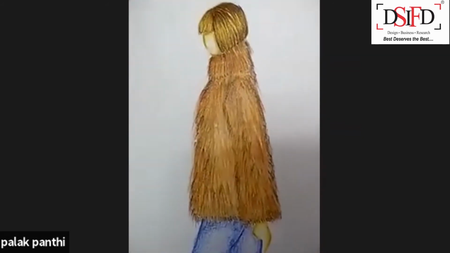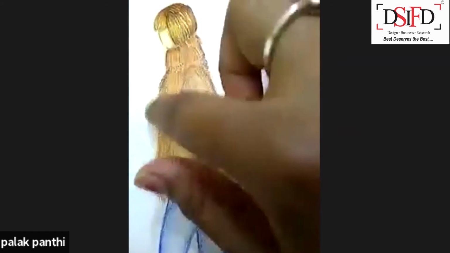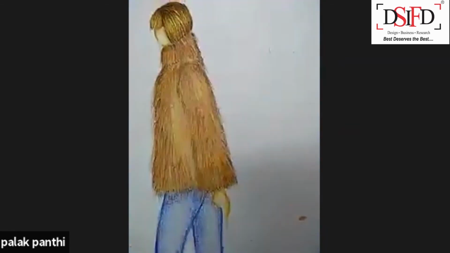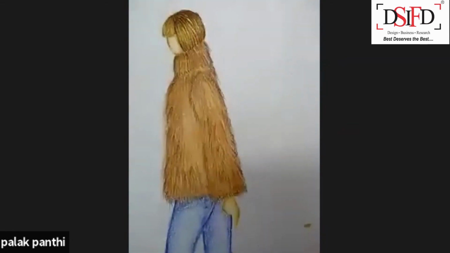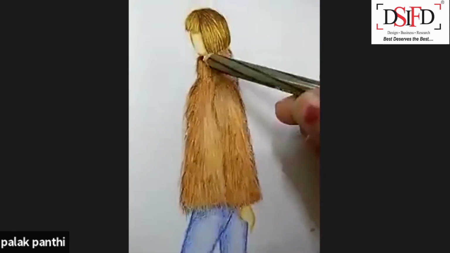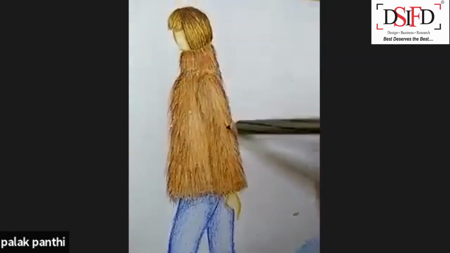Like if you're doing it on a silhouette, then on the edges with a black pen or a black Staedtler, just at few places you will give this type of strokes, broken strokes, very small, little, at few places only.